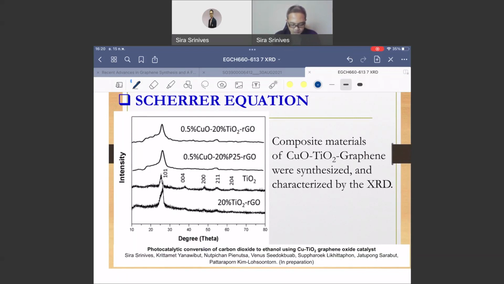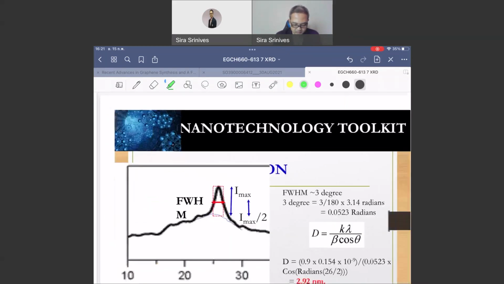We characterized it using XRD. There is a titanium dioxide reduced graphene oxide sample and a titanium dioxide sample, one doped further with copper oxide on titanium dioxide graphene, and copper oxide doped on the P25 reduced graphene oxide. These are the samples that we obtained. Let's say I chose one peak,